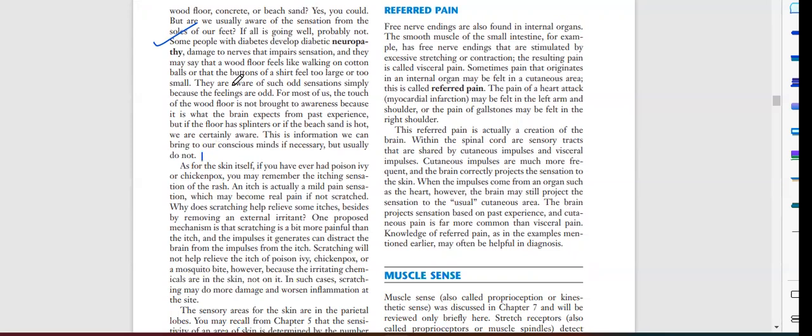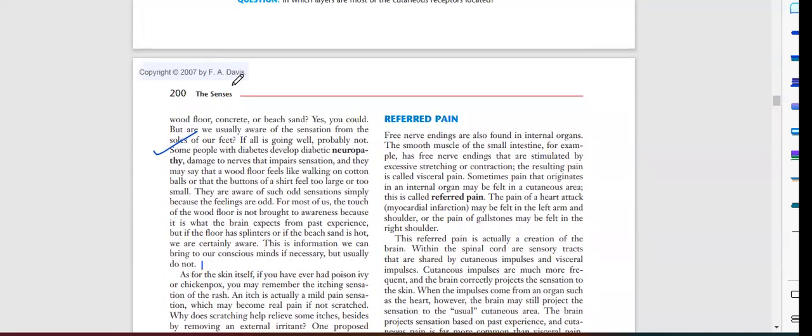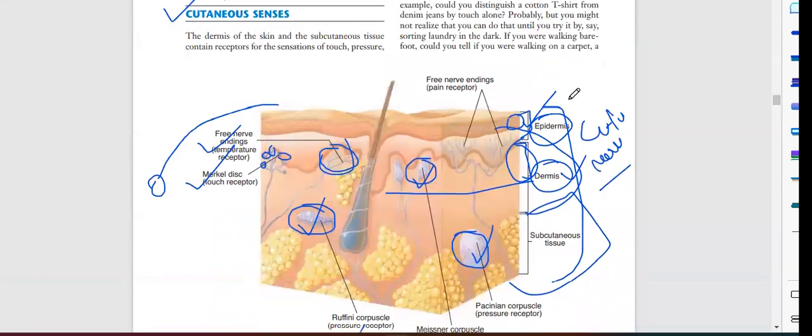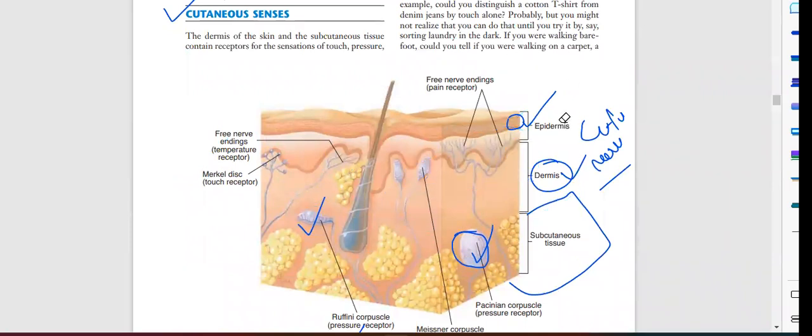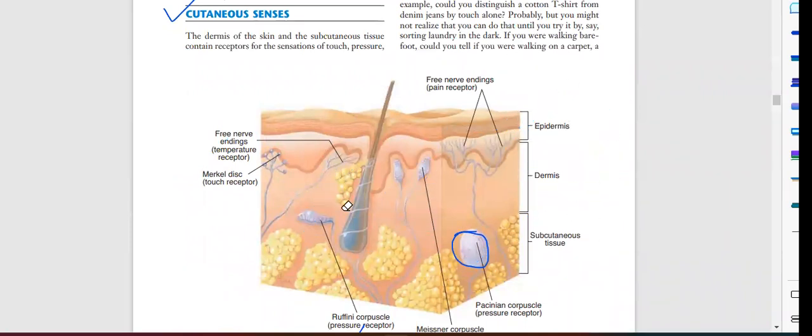So here another example is given, of a disease known as diabetic neuropathy. Here an example is given of how diabetic neuropathy patients feel when they walk on a wooden floor: they feel like they are walking on cotton. So why does this happen? Because these are the nerve endings, the touch receptors. What happens is that due to diabetes, they are damaged. They are damaged because